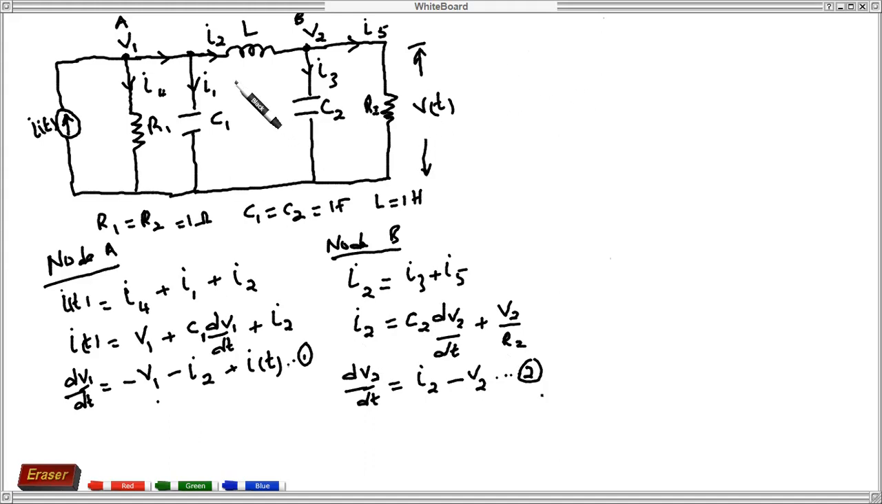Next, if you are to analyze the voltage equation in this loop, notice the voltage V1 across the capacitor will be equal to the drop across the inductor and the drop across this capacitor. So we can write the equation in this loop 1. If we consider loop 1, we can write V1 is equal to the voltage across an inductor in terms of its current, which is L di2/dt,